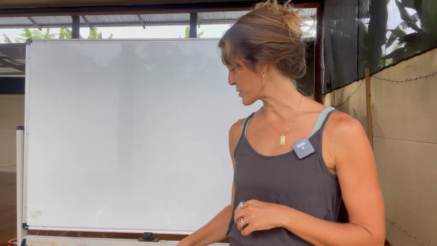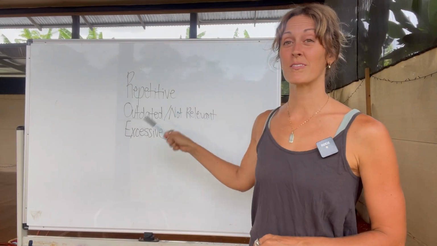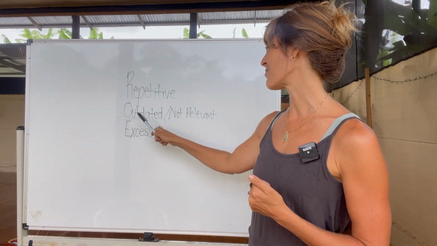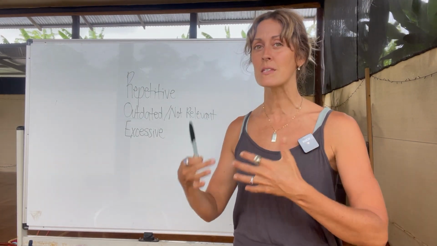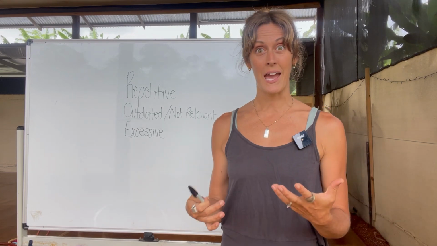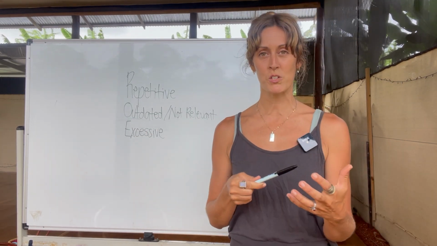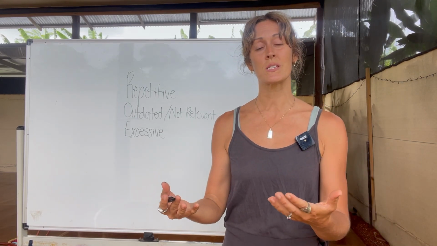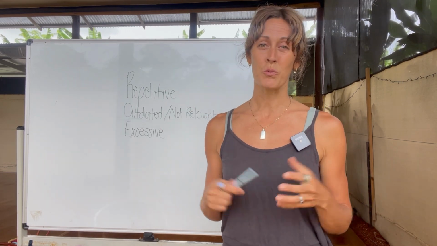So let's look at cues. Now, some cues that we use can often feel very repetitive. We feel a lot of times like we're saying the same thing over and over again. Our cues can feel outdated or just not actually relevant to what we see in front of us. And again, this is part of the skill of learning to adapt your classes. And they can feel excessive, like we're saying so much of something, but perhaps it's not needed. How can we still support our students without having to say too much or something that just isn't really necessary?